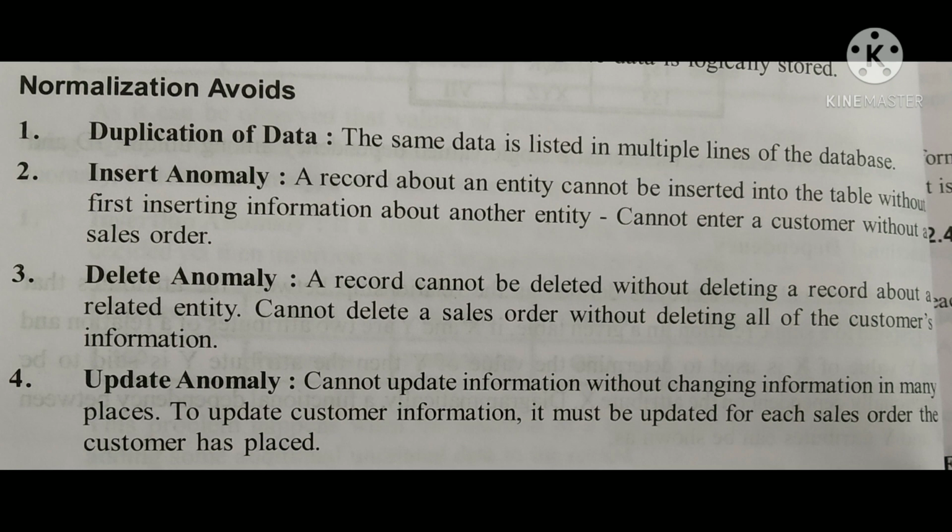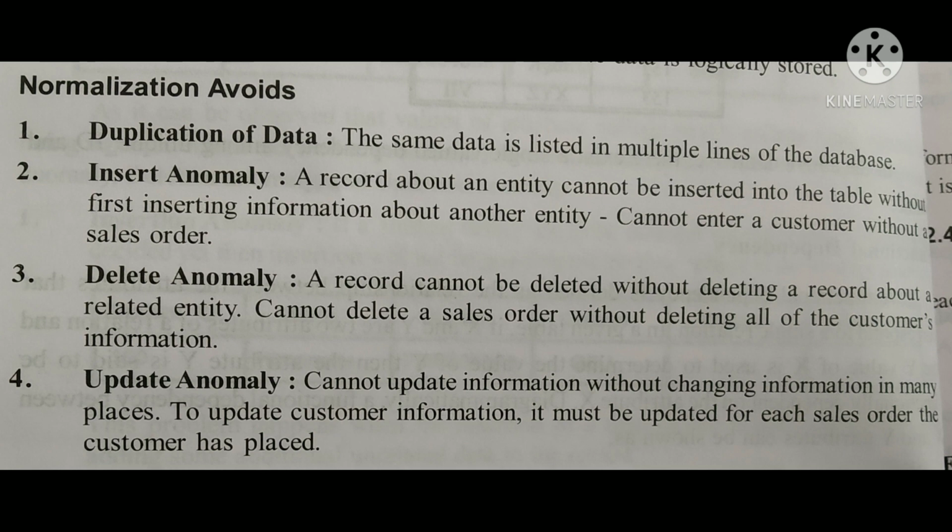For a table to be in the first normal form, it should follow some rules. The rules are as follows. The first rule is it should only have single atomic valued attributes or columns. In a first normal form table, the columns and rows should hold single values, that is, atomic values. Attributes or columns should be single. It should only have atomic single values.